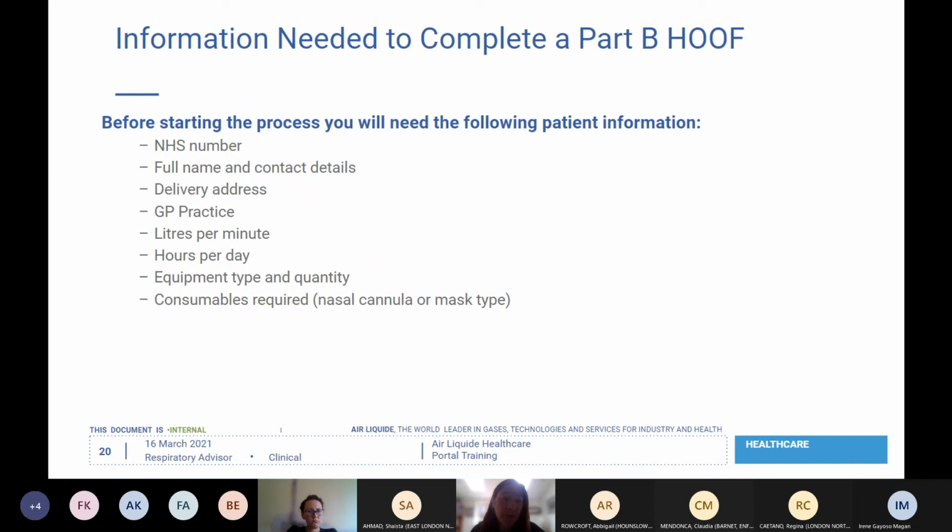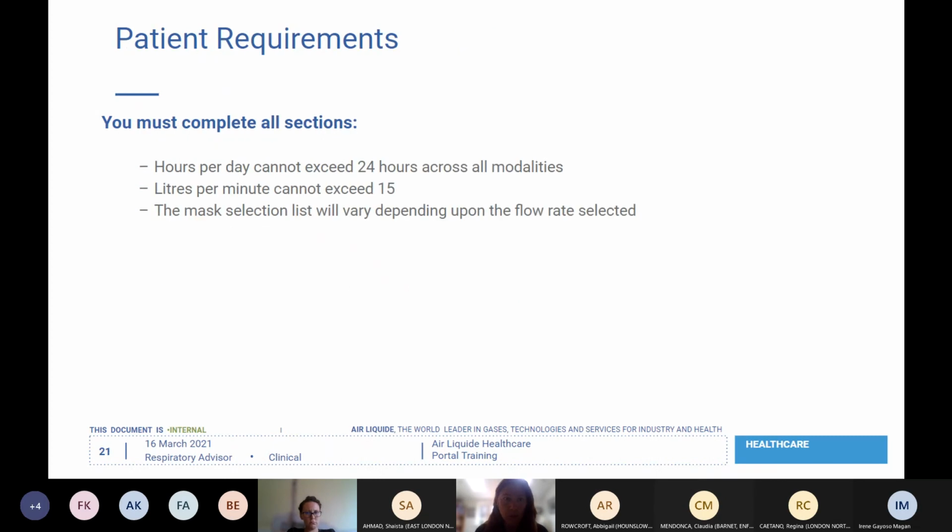So you need an NHS number for the patient, the full name and contact details, the delivery address, GP practice, litres per minute, hours per day, equipment type and quantity, and the consumables that you require as well, whether it's nasal cannula or mask. Complete all sections of the hoof. The hours a day in all modalities cannot exceed 24 hours, and the litres per minute cannot exceed 15. The mask selection will depend on the flow rate that you select. Okay. I will give you a bit of a live demonstration later on so you can see all the intricacies